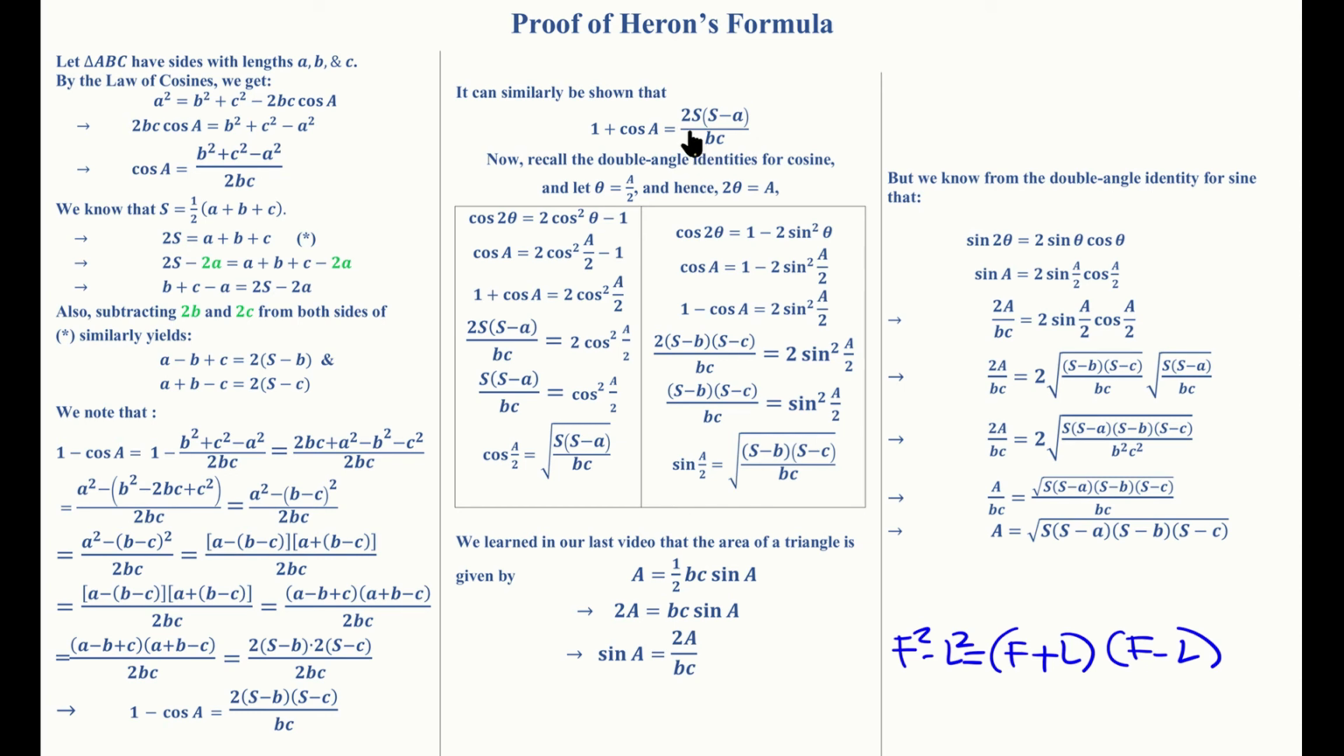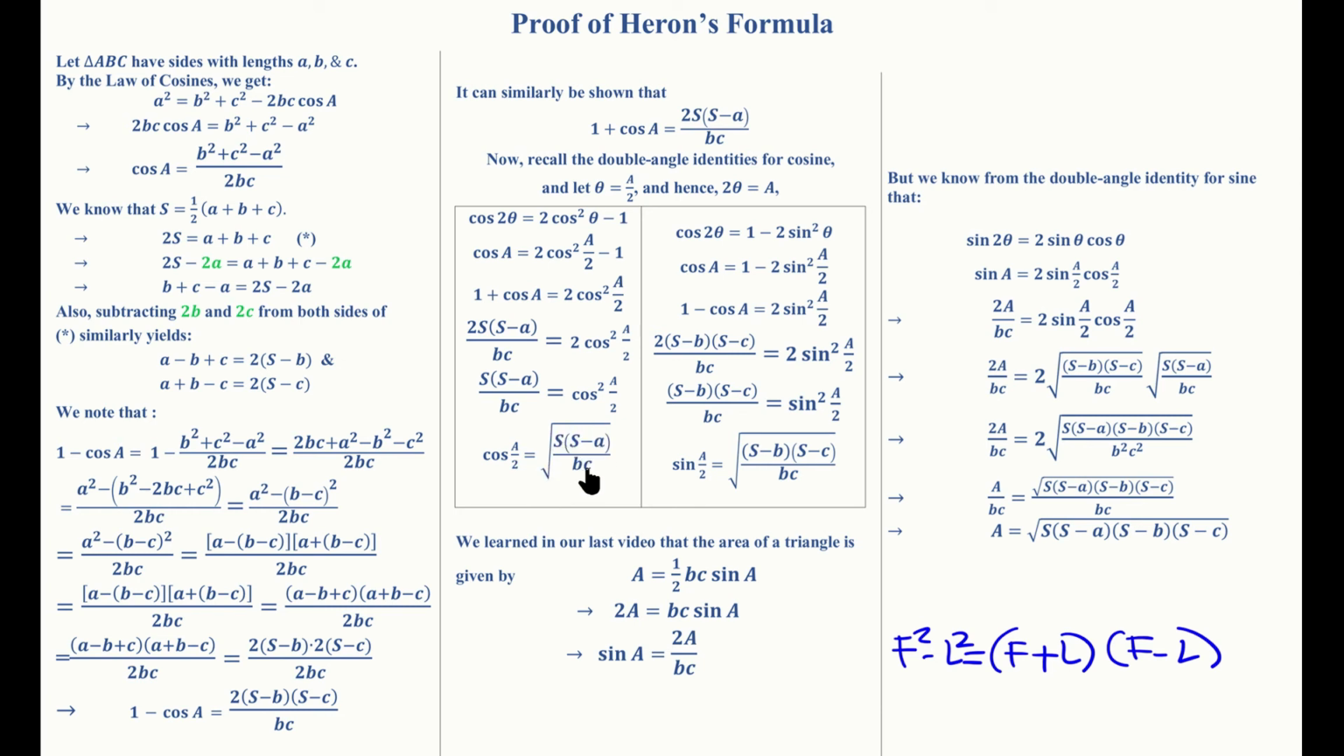So now we have 1 plus cosine a equals 2 cosine squared of a over 2, and we can now replace the 1 plus cosine a with this expression. So we have this. Now, if we divide both sides by 2, we end up with s times s minus a over bc equals cosine squared of a over 2. So that means cosine of a over 2 is going to be the positive square root of s times s